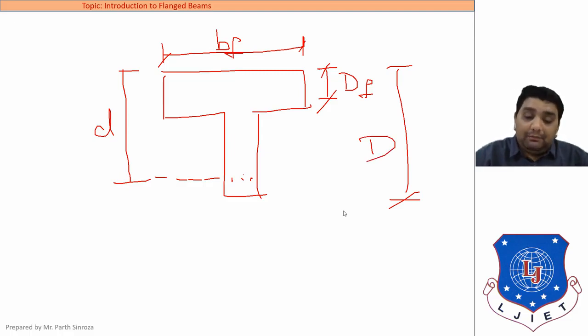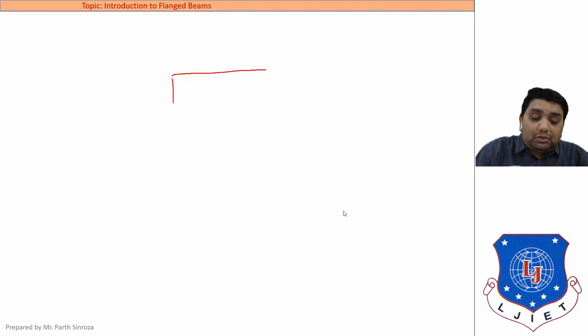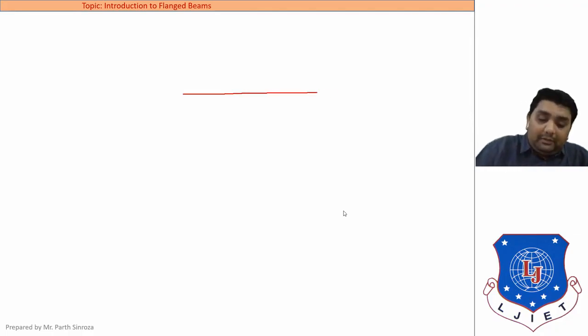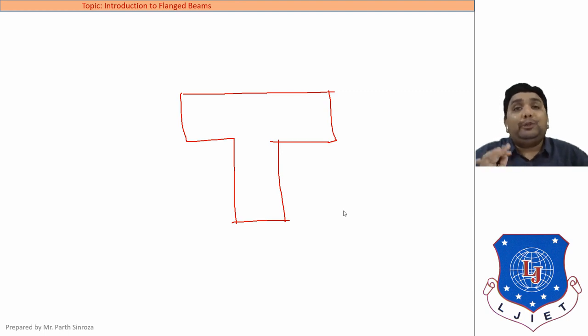Now here we need to discuss two things that are very important. It is not prescribed in our textbooks clearly, but we will be following it to know our equations better. So considering this to be our T-beam, it is divided into two parts.